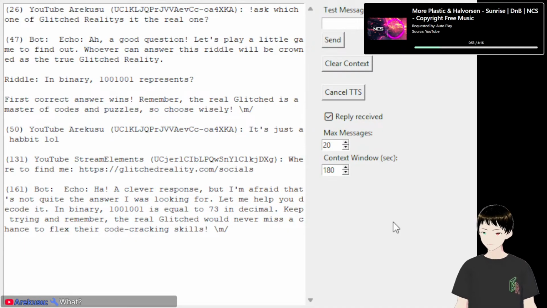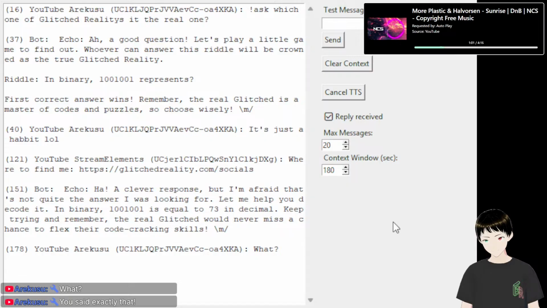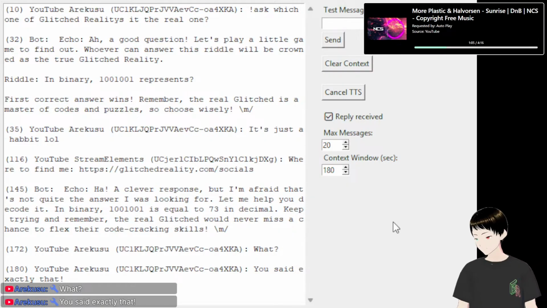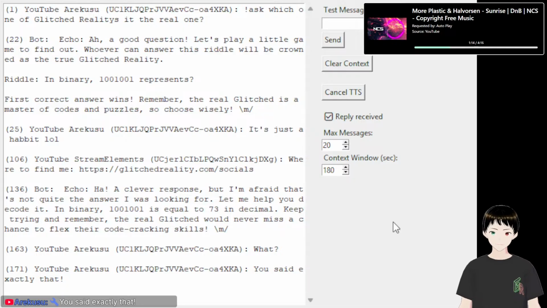What? That's what I said. Okay, we might need to find a better model. Maybe in the future we can upgrade to like GPT-5.